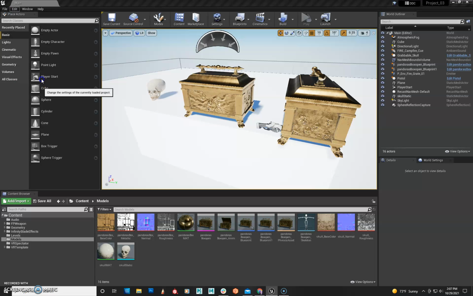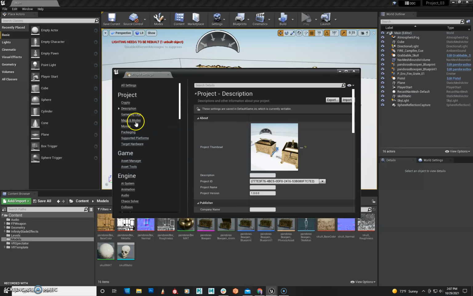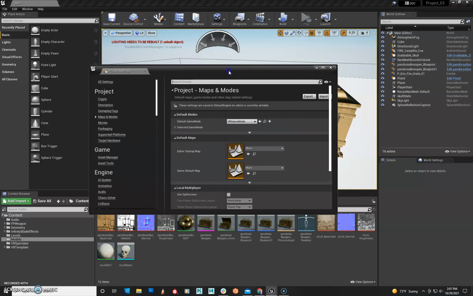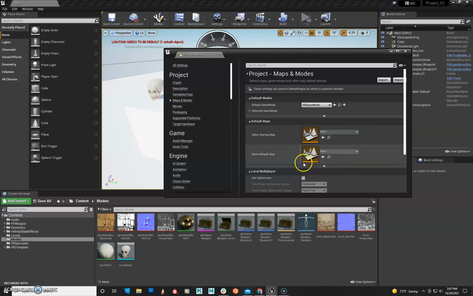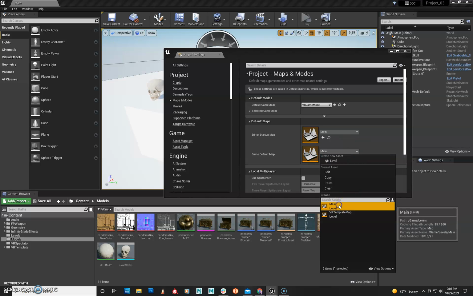So let's go up to the project settings. And the first thing we're going to check is making sure that our map or level file is set up under the default maps. And we want this both in the editor startup map and the game default map. The game default map is the map that will launch when you launch the executable. And so if it's set to whatever the default is for the template, it'll launch into something that's not your game. So you want to make sure that you select your level